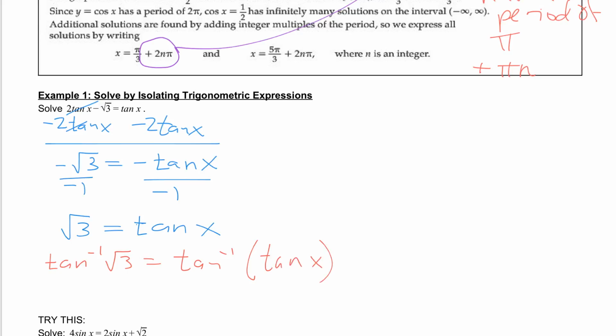So what we want to do is take the tan inverse of the tangent of x, so that x can come out. Now we have x by itself. And I need to find all the possibilities. So it's a little bit different than when we were just using the inverse function. I want to find all the possibilities